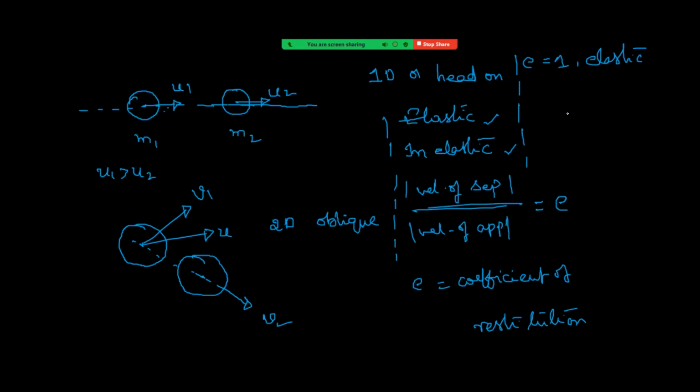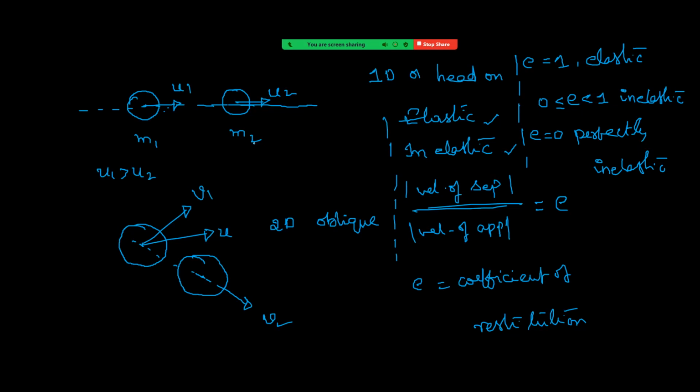And for inelastic collision, its value will be greater than or equal to 0 and less than 1. If E value is 0, it is known as perfectly inelastic. Okay,